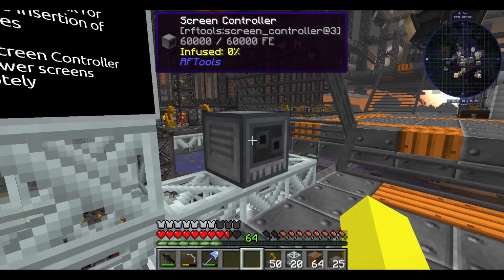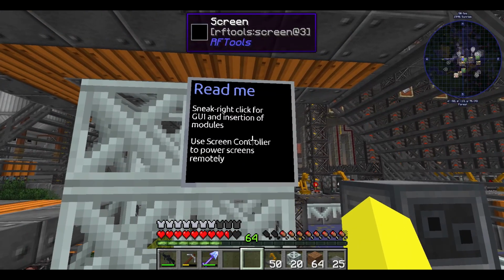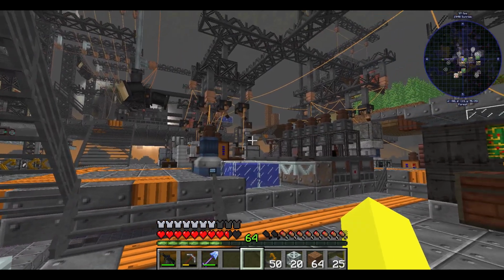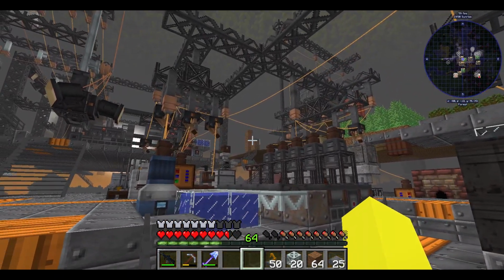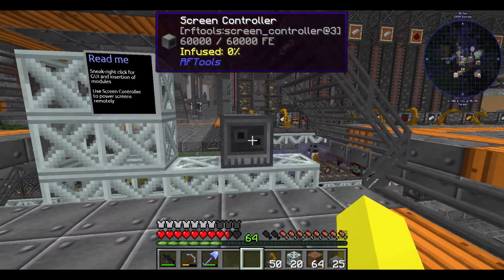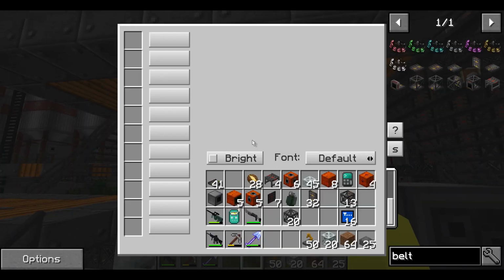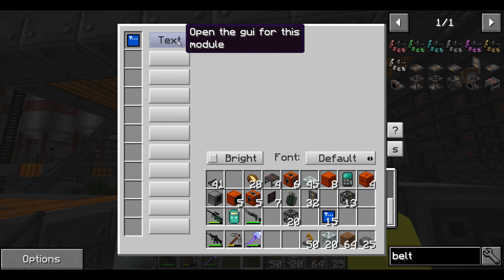There we go. So if we scan, it can find them. Two connected screens. Oh, wow, that's quite a large range, because there's just that one, and the other one is all the way over there on that dirt block. Oh, that's got quite a good range. We could have this miles away. Oh, that's handy. But what we can do is put, say, in a text card there and just say,